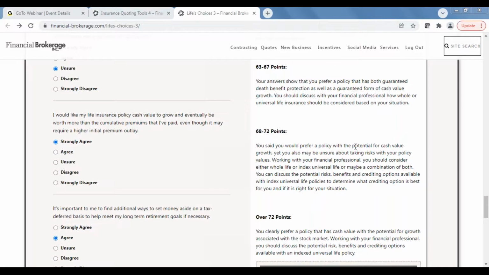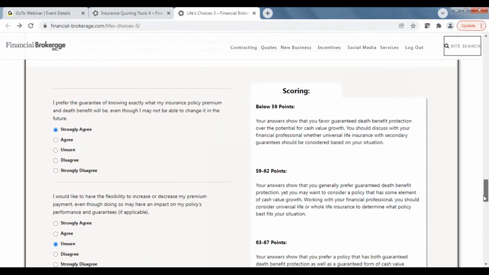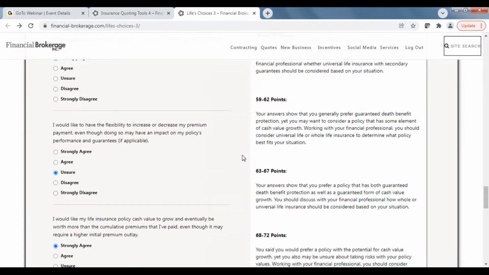They could have some guarantees and certainly some potential for some pretty strong cash growth. But again, depending on how they score, if they're scoring very high, they're going to want to have this skewed more towards a cash growth policy. If they're scoring lower, then a death benefit guarantee is more important to them. Maybe we're looking at a GUL in that case. All right, so now, again, you've got a starting point as far as what type of policy to look at